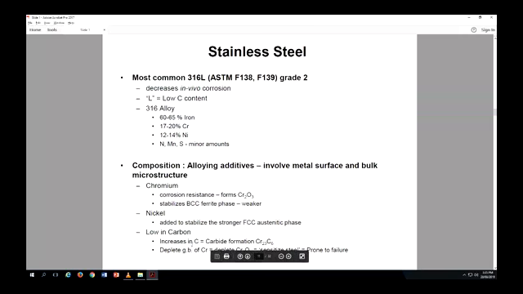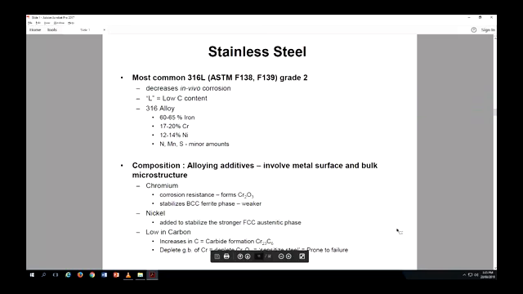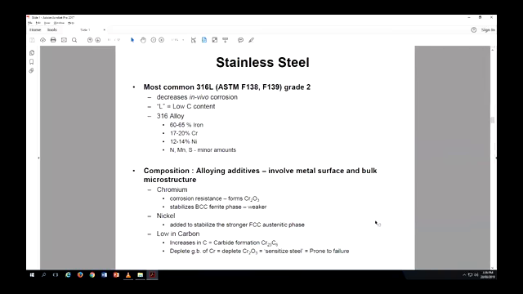So again, you don't want a lot of carbon because it can form carbide in the structure. We have a figure. How can I get rid of this thing? Okay, maybe that's better. Yeah, so if you have a lot of